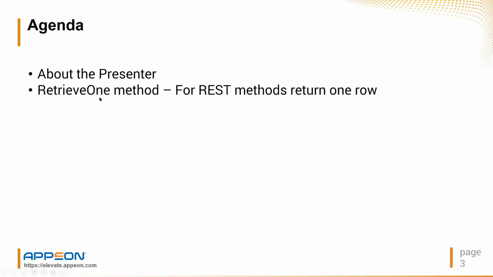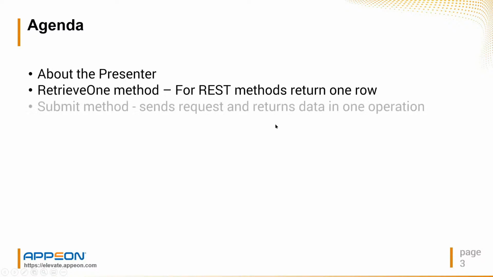But then we'll cover the RetrieveOne method. The initial REST client had a retrieve method that's still there, that retrieves all the rows. But this new retrieve method, RetrieveOne, is for retrieving a single row. There's been a submit method added. In the original version of the REST client, you would send data to the REST service, but then you have to make a second call to get data back. And what the submit method does is it sends the data and gets the result,